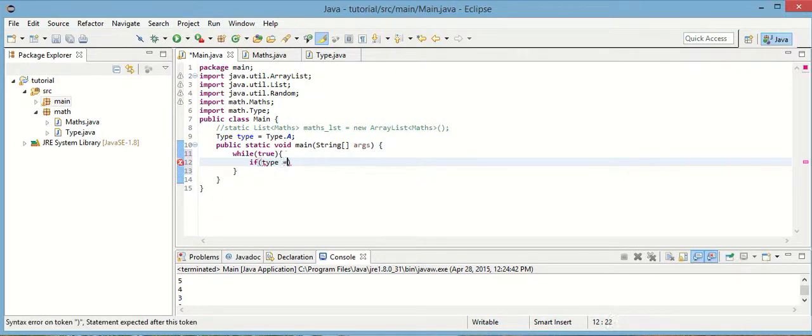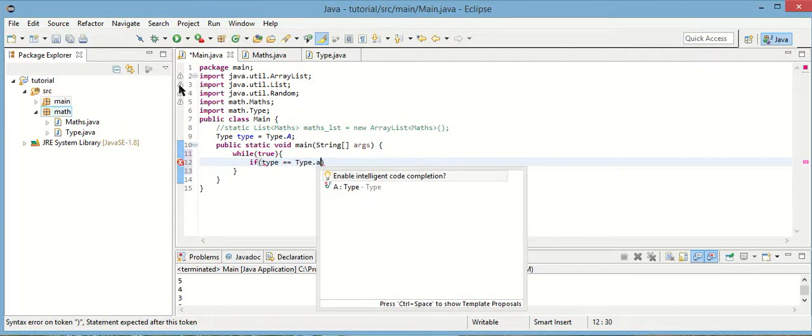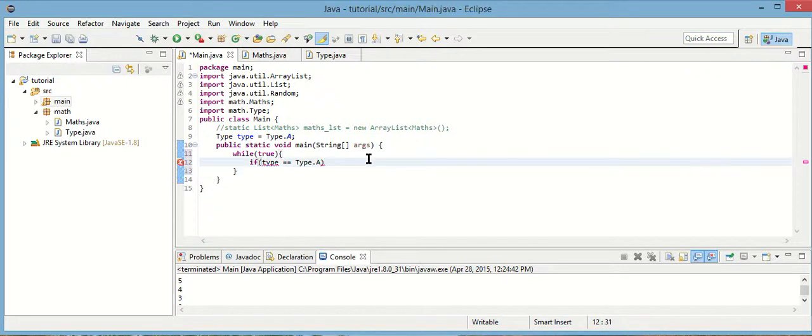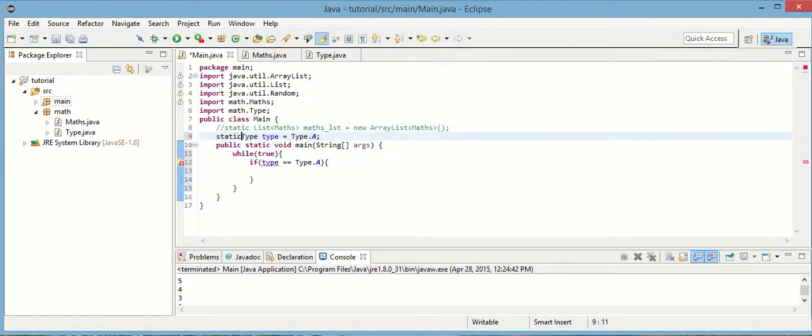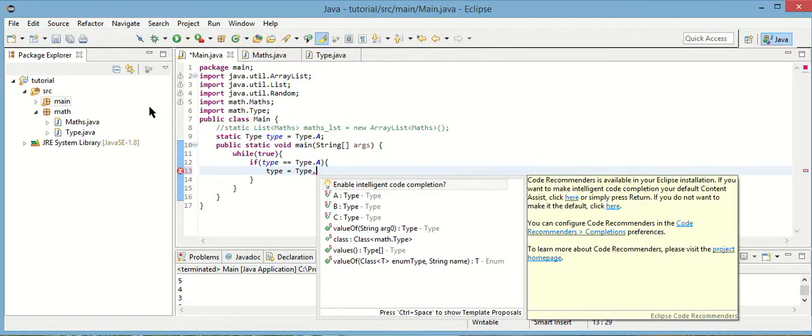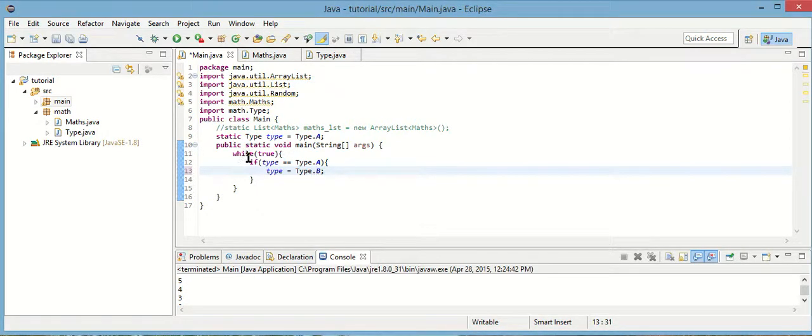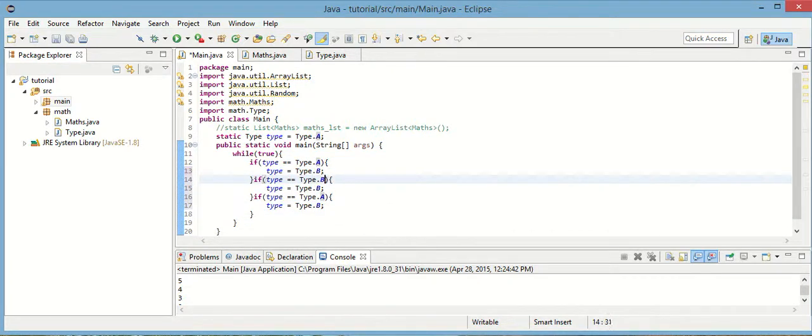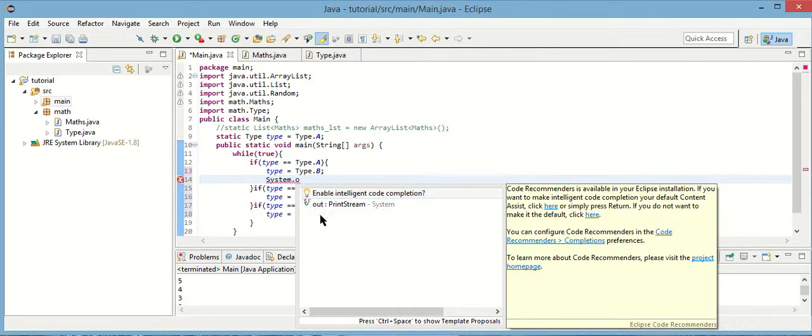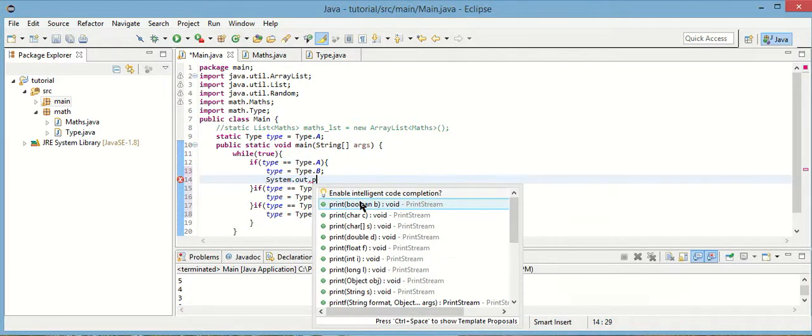So inside of this, I'm going to do if type is equal to type dot a. I forgot to make it static. Then type is equal to type dot b, and I'm going to copy this and do everything else. Do b, c, c, a, and I'm going to do system dot out